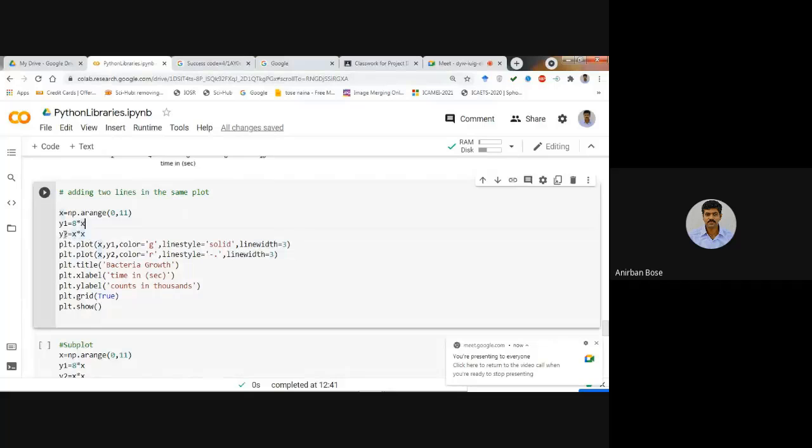Then y2 is another variable defined as x square. And we want to plot both x comma y1 and x comma y2 in the same graph.